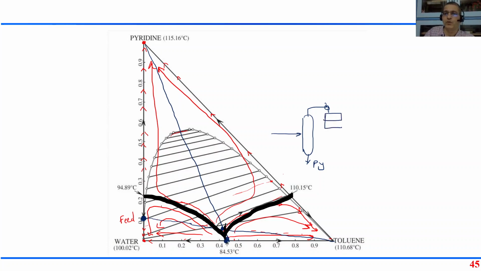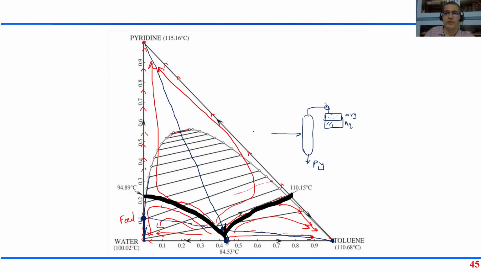So that will split into two phases, one aqueous phase and an organic phase. The organic phase will now be essentially pure toluene, toluene with very little water, and I will get water. You see the two-phase envelope. The two-phase envelope is practically touching this axis here, the vertical line. That means it is going to contain very little toluene. The two-phase region is practically touching the side of the triangle. That means it is going to contain very little water,